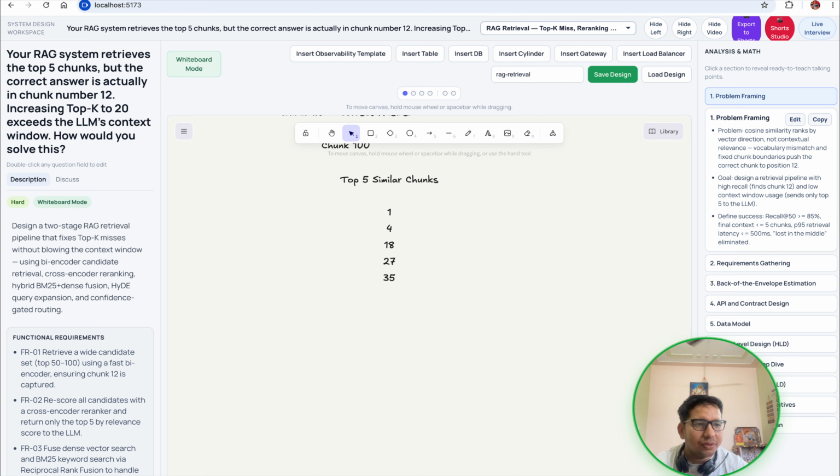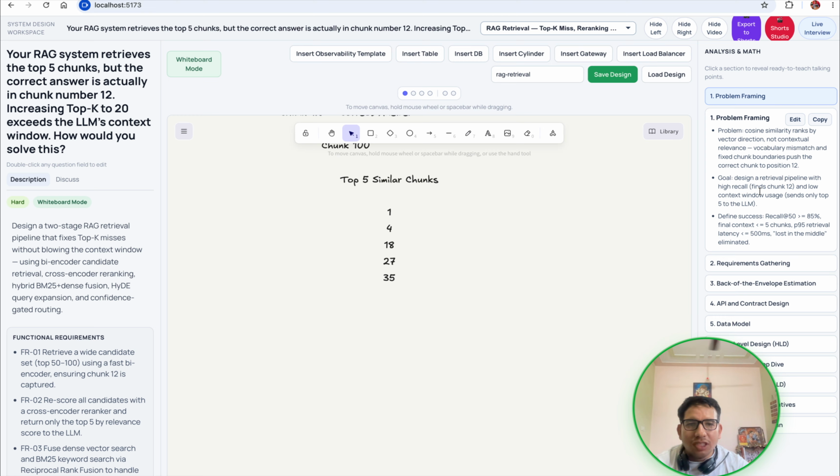So why does this happen? Embeddings are not perfect. Similarity search finds semantically similar chunks, not necessarily the most useful chunk. The reasons include chunk boundaries, missing keywords, embedding limitations, query wording, and domain specific language. This is called the recall problem. So production RAG systems focus on improving recall instead of blindly increasing top K.